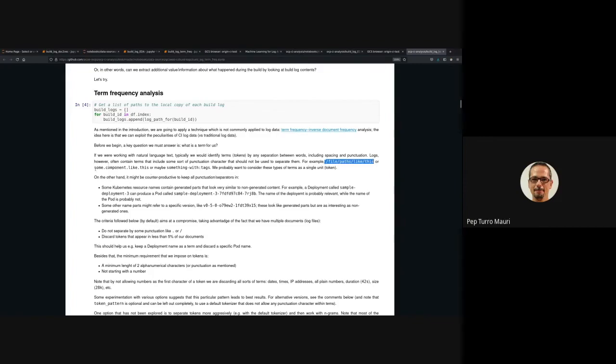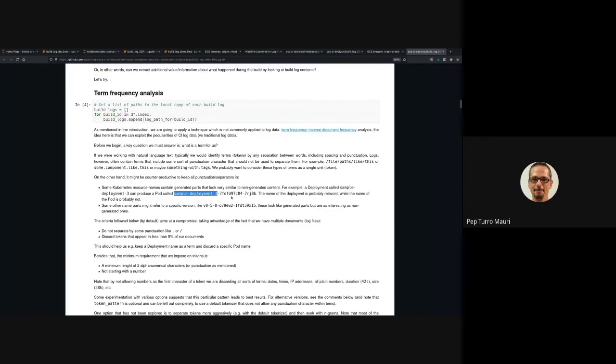And you can have components that contain dots, or references to images, for example, that have tags, and most especially references to Kubernetes objects, for example, a pod called something like this. But this pod can come from a deployment, let's say, or from a replica set that comes from a deployment, right? So it's kind of hard to distinguish just by looking at the name if this is something that is constant or something that varies. So in log parsing terms, it's hard to find a definition of a term that can